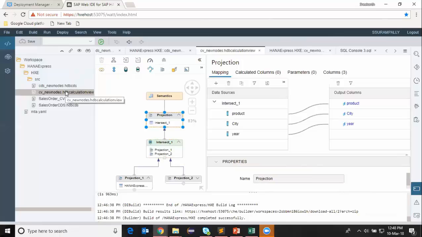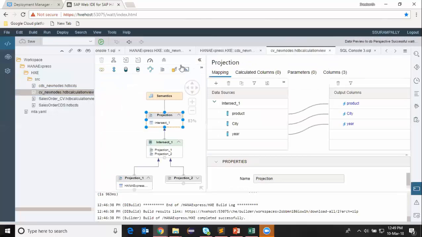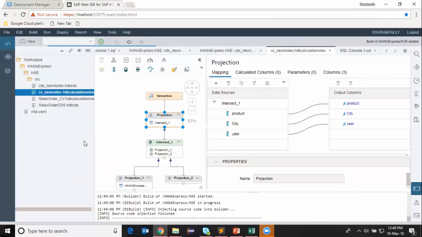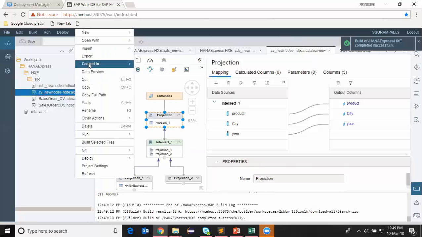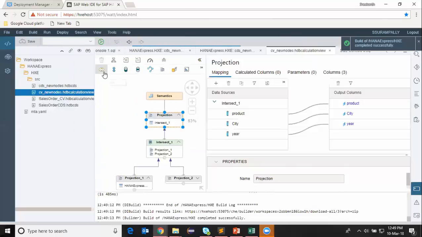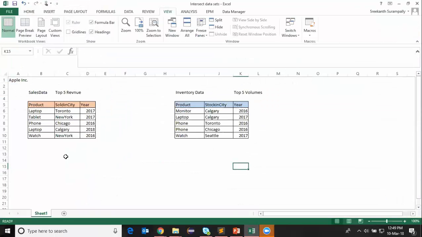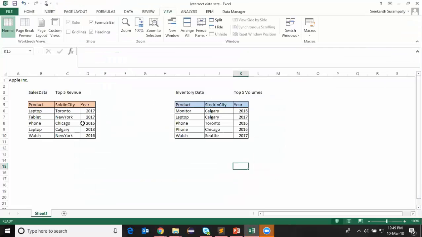So build is completed. Let me run the data preview. Sorry, it looks like the build did not complete. I'm going to run the build again. Build completed. I'm going to see the data preview. Now I just got 1 record, which is common in both data sets. You can see from this. So that's the record: the product phone in city Chicago and year 2016 where the sales were made,